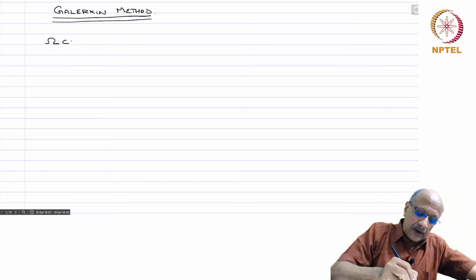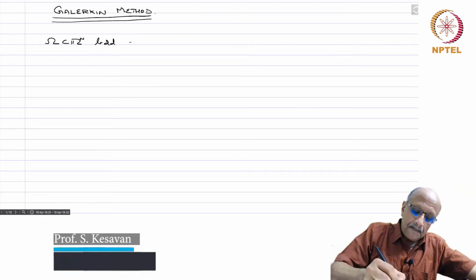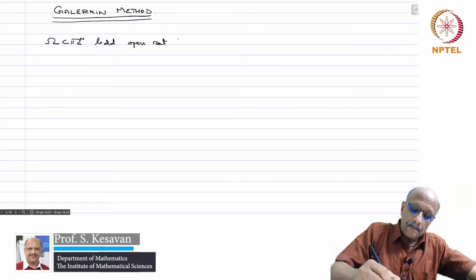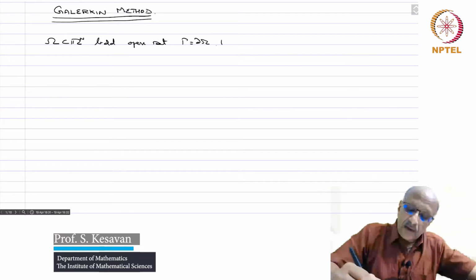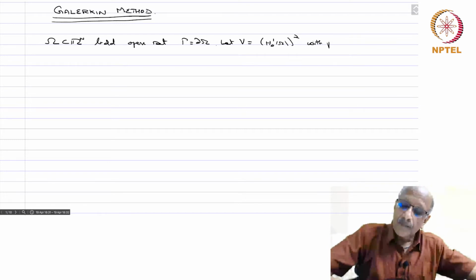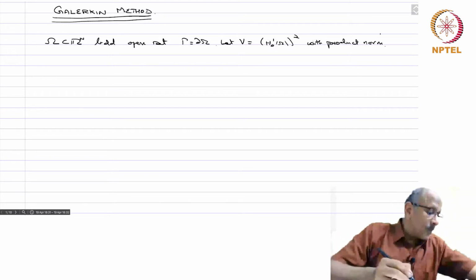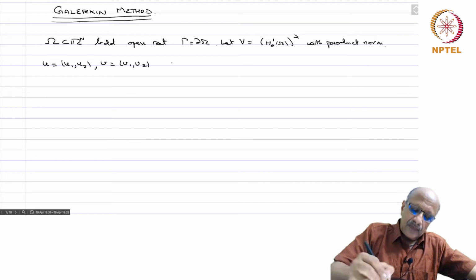Okay, so let omega contained in Rn be a bounded open set, and gamma will denote the boundary of omega. Let V be the space H10 of omega whole square with the product norm. And for u equals (u1, u2) and v equals (v1, v2) in H1, in capital V,